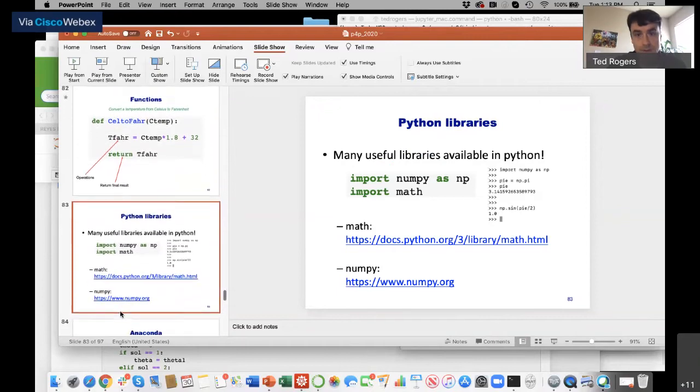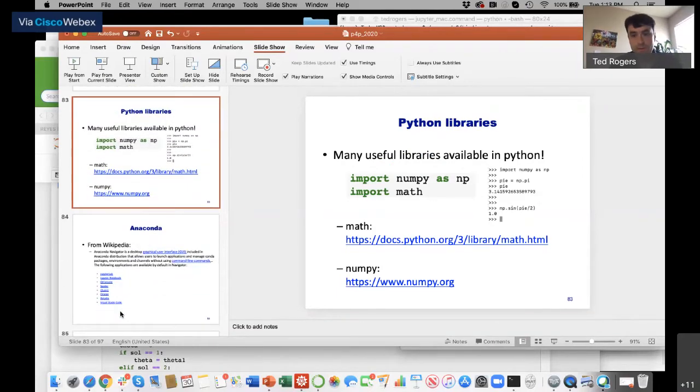Okay. So one of the things that I mentioned was great about Python is the extensive amount of existing software it has available, libraries for example. One of the things you'll notice at the beginning of many Python codes are imports of these various libraries.